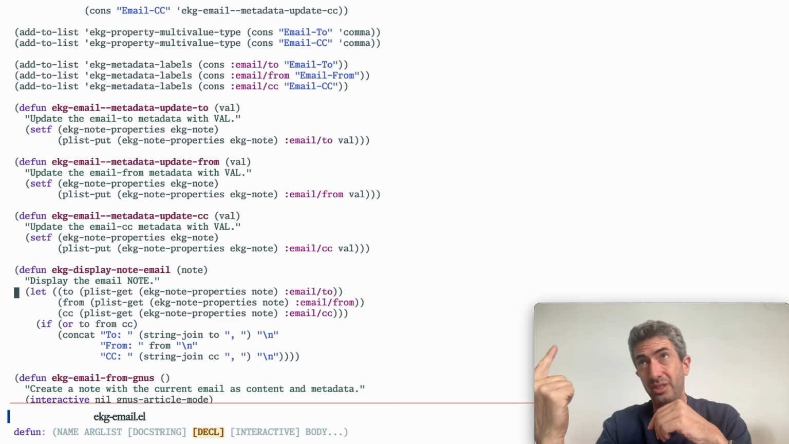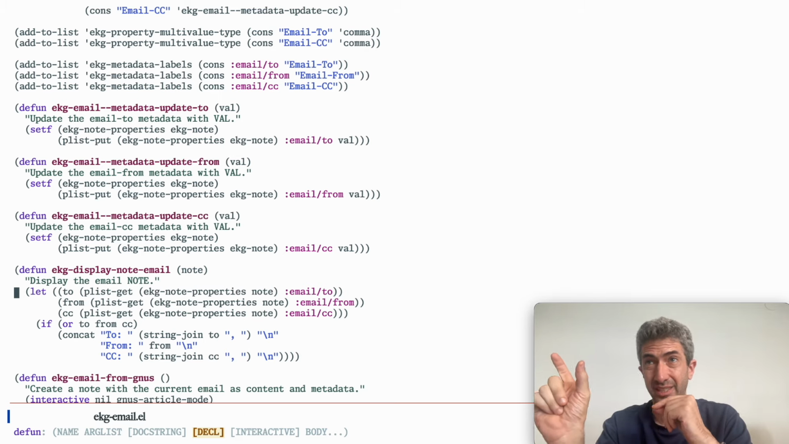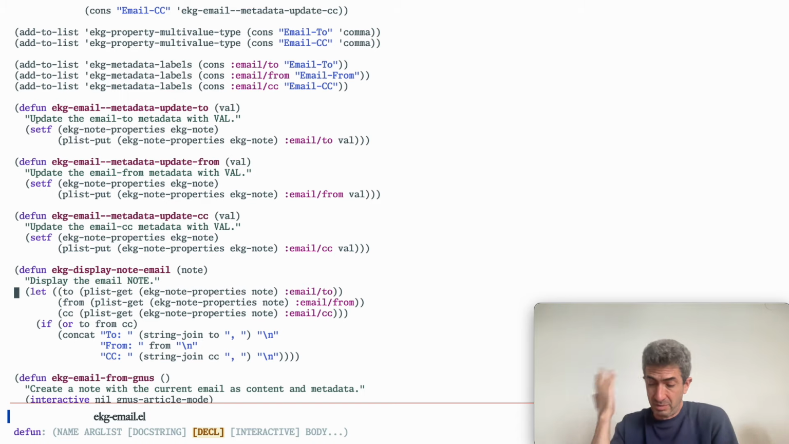And now there's one other part, which is that when you're looking at a display of a list of notes, how do we display it in that list of notes? Maybe you don't want to display it at all, and in that case, you don't have to do anything. By default, it just won't show up. But if you do want to display it,